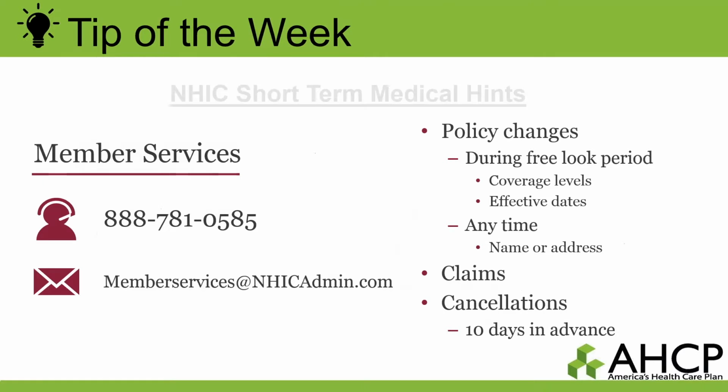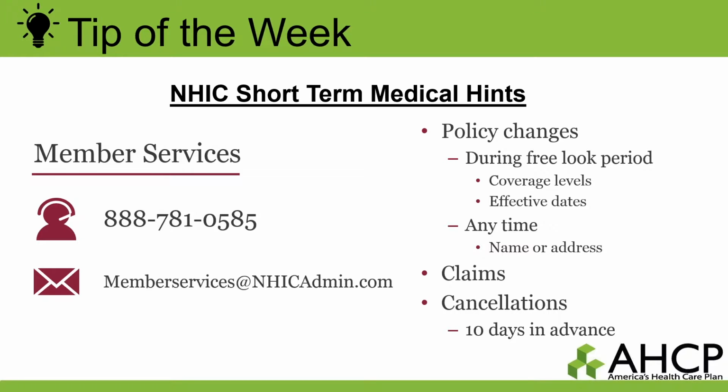And another one I have here too, let's make sure I didn't jump too far. Okay, perfect. Is going to be member services. This may be a number you want to give your clients after they enroll. What member services can do is it can help them with claims and cancellations. One thing I recommend, and if you haven't sat through one of my short-term webinars, I highly recommend it,